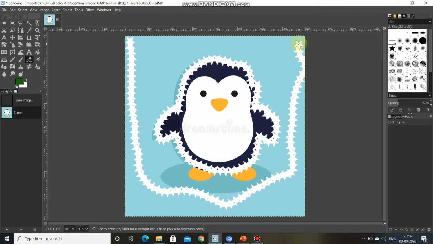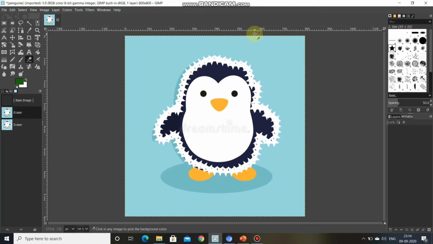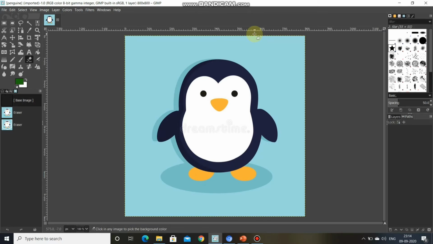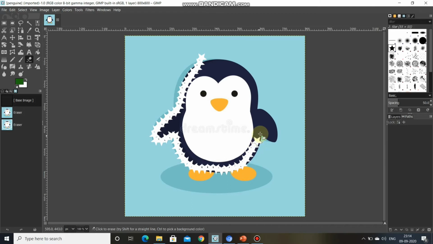Can you see? What we have done, I'm telling you again, I'm just undoing this. Again, what we have done, I have selected from here the star brush and placed the mouse over here from where I want to make changes, and I'll apply by holding it and pressing the left mouse button and clicking over here. Okay, as you can see, I have done all the border of this.